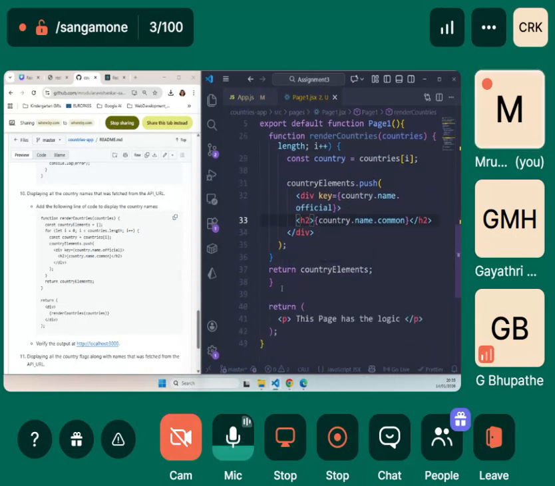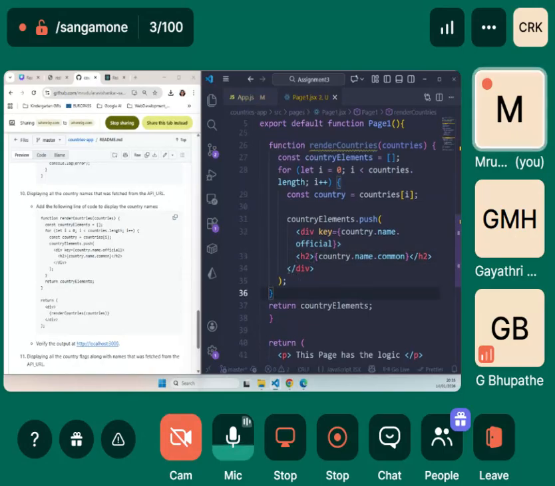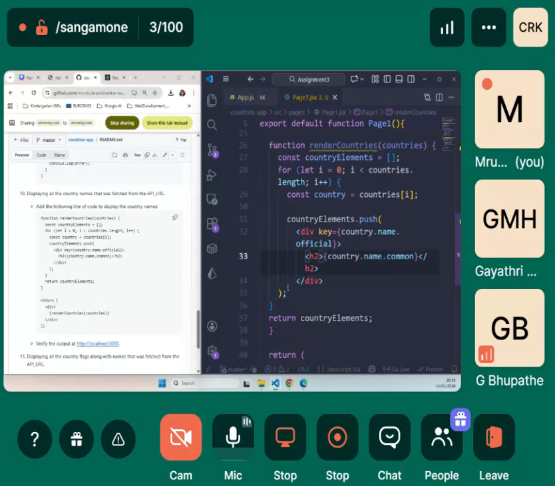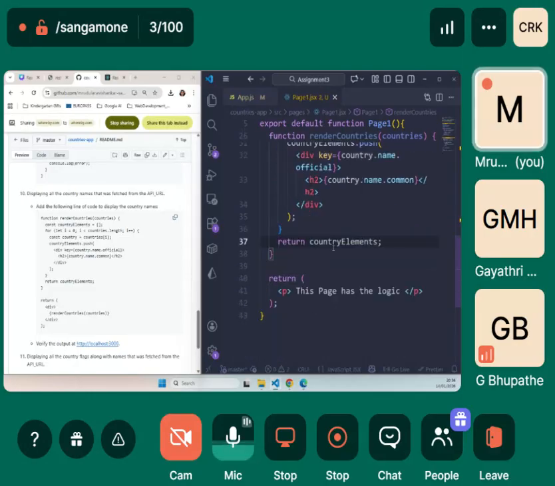Now we are going to return the country elements, and we will call this function inside return. Let us try. renderCountries of countries.